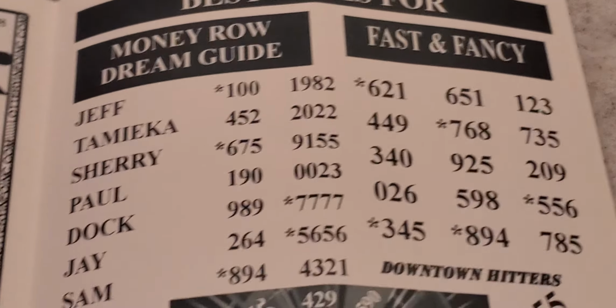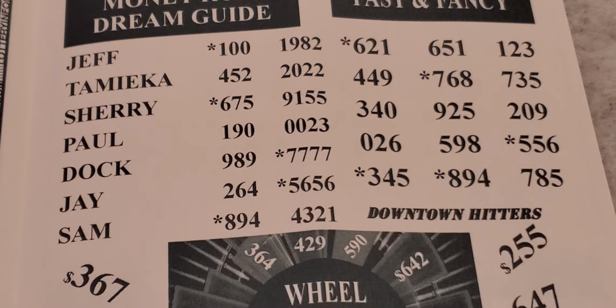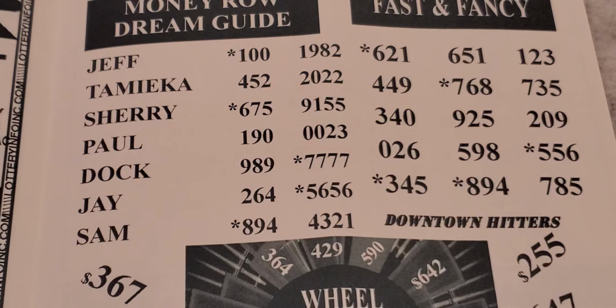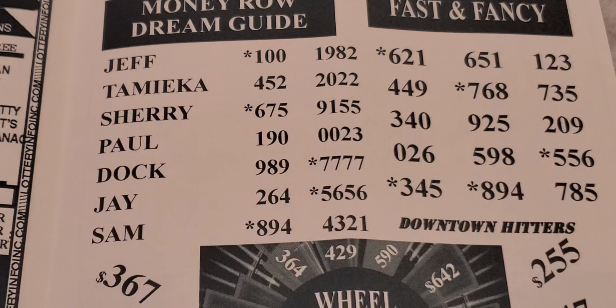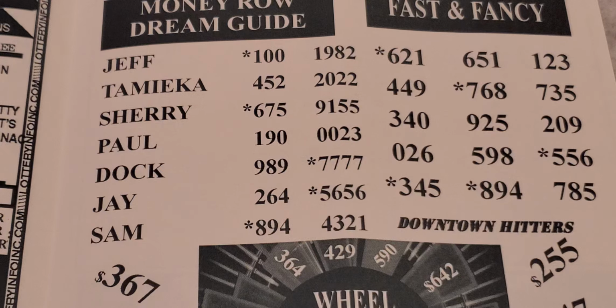All right, so we move up to this section right here. This is the Money Row Dream Guide. They have here to the left, if your name is Jeff, you should be playing these numbers here, so pick 3 and pick 4-digit number right here: 100, 1982. Tamika, 452 and 2022. Sherry, 675, 9155. Then you have Doc, if your name is Doc, 989, and then you have the quad sevens, the 7777,